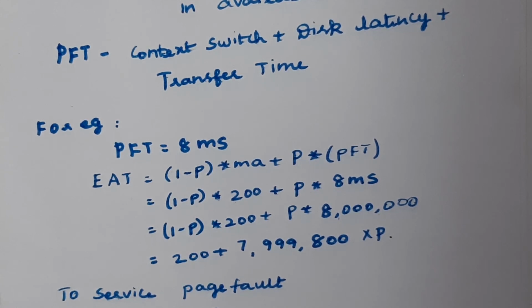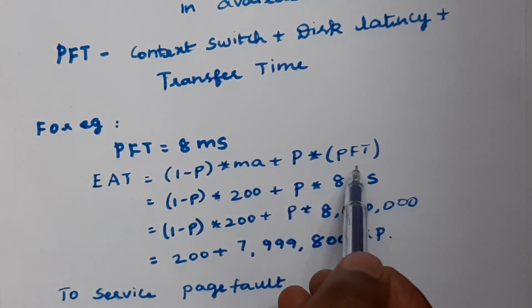For that it takes 3 milliseconds. Then seek time, which means you want to perform the read operation on the page which is available in disk. So you need to find out where that page is available in disk. That is what seek time is, and the time taken to perform the seek operation is 5 milliseconds. And transfer time is 0.05 milliseconds. So totally we can say 8 milliseconds for the page fault time.